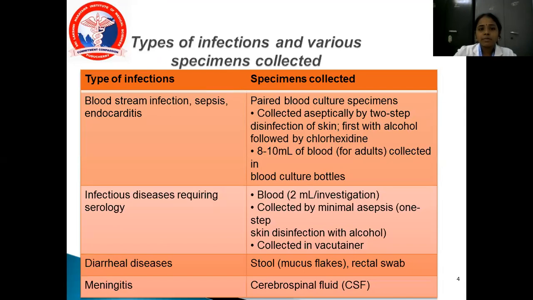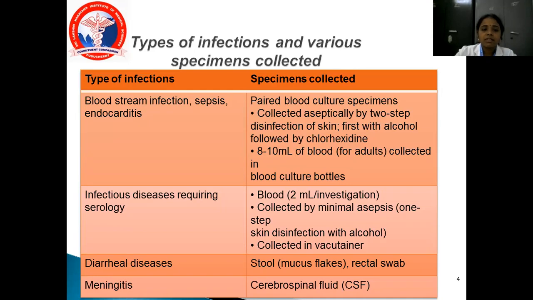What are the types of infection and the various specimens collected? The first is bloodstream infection, sepsis and endocarditis. What are the possible specimens? Paired blood culture specimens are collected aseptically by two-step disinfection of the skin, first with alcohol followed by chlorhexidine, and 8 to 10 ml of blood should be collected in blood